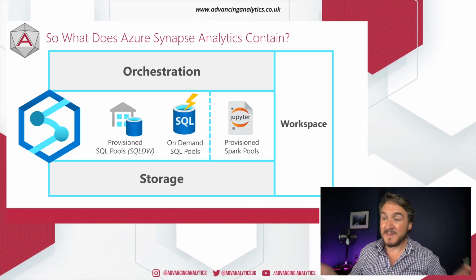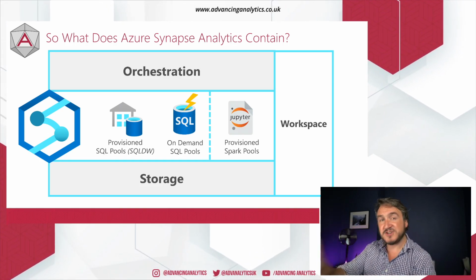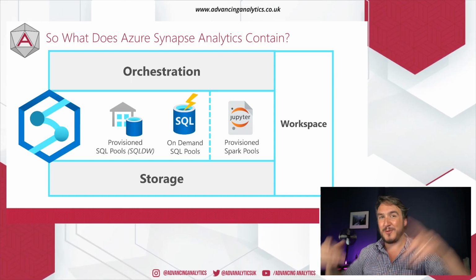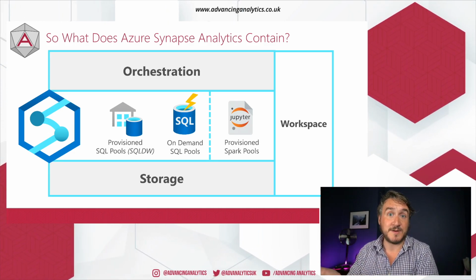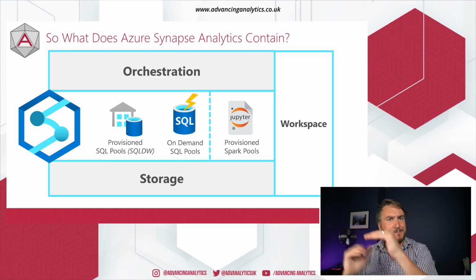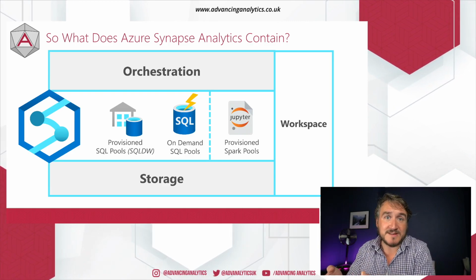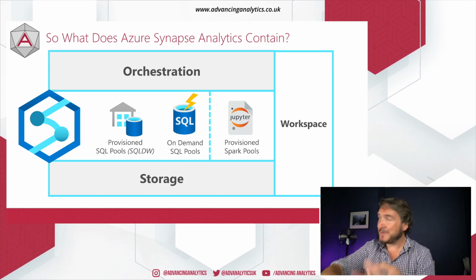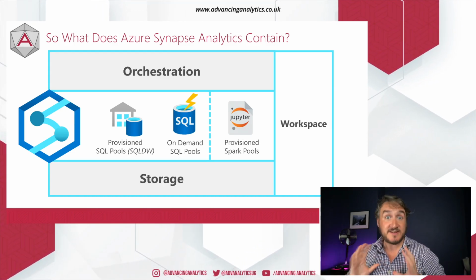That's great. On the other side, I've got my Spark element. So I've got the provisioned Spark pools. I don't have on-demand Spark pools. Again, we couldn't quite see that from that last diagram. So I can choose a Spark cluster. So I can say I would like a cluster with this many nodes, they should be this big, this balance between memory and compute, all of that kind of thing. And I can run some queries. And that query can be Python or R or SQL, C#. It can be Spark SQL, it can be Scala. I've got lots of different flavors because it's Spark.